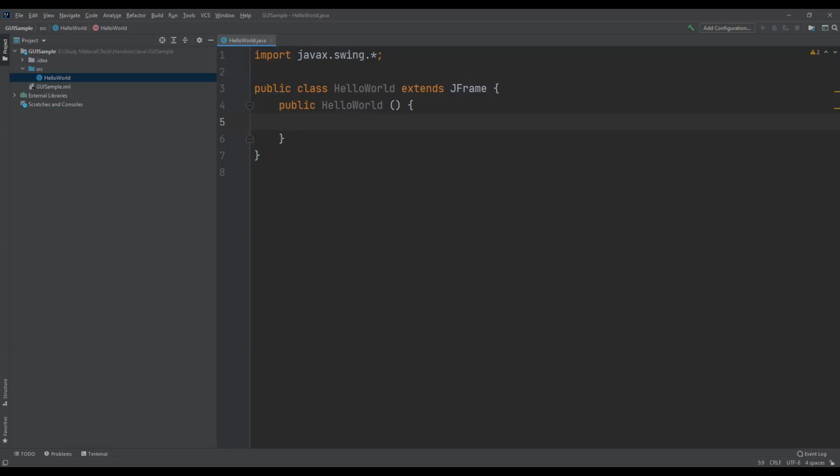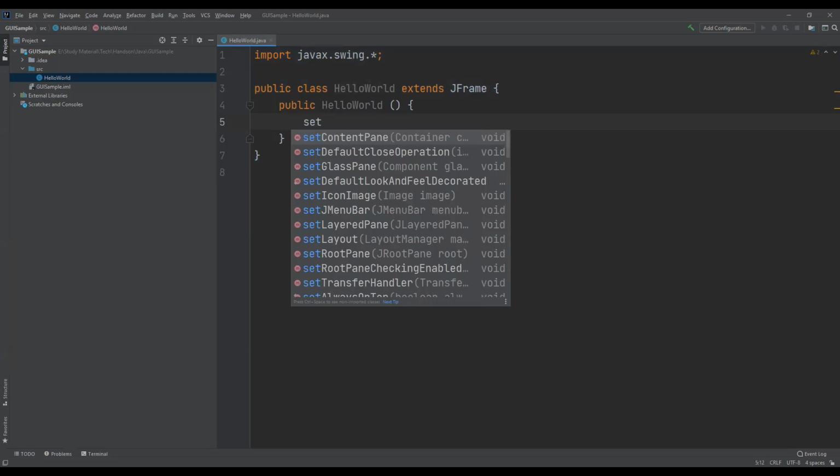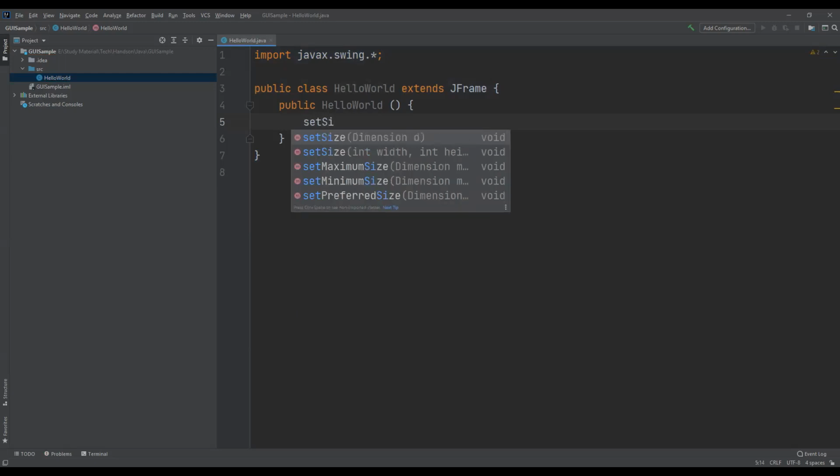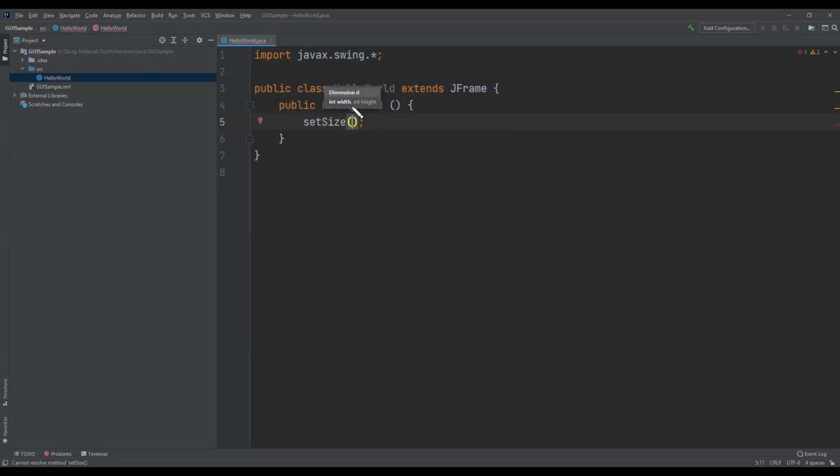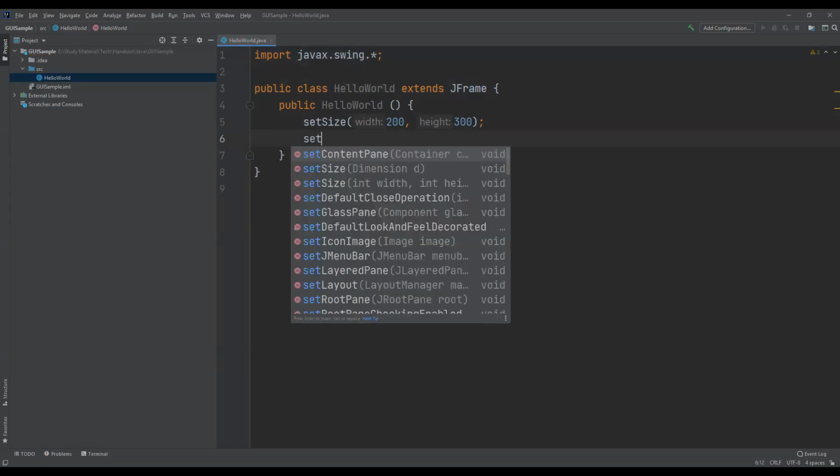So it's a frame. So the methods which you're going to use here are, let's say, setSize. So first you set the dimension. So it will be a rectangular window. Let's say 200 cross 300. So that is the width and height of the window. Next, every window also has a title, right?